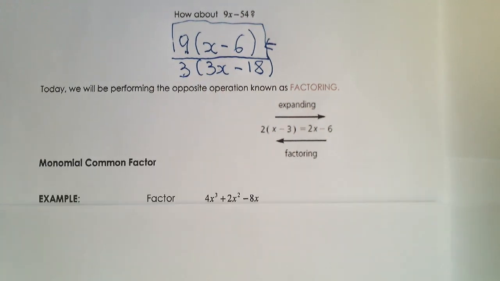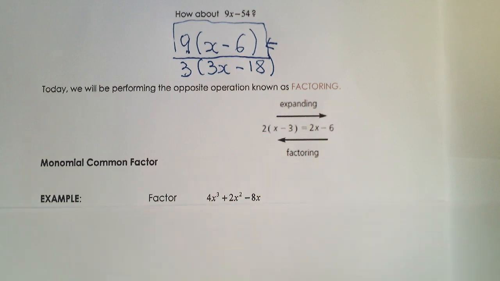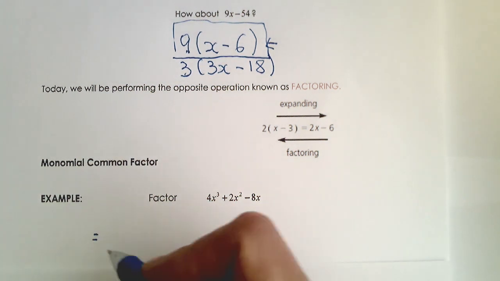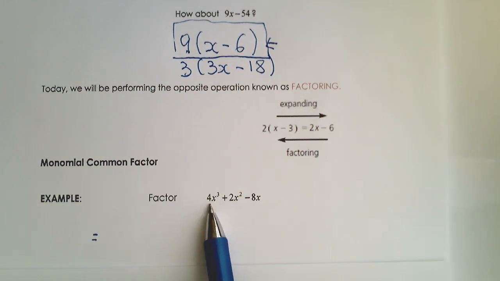All right, so let's try to factor this expression, 4x cubed plus 2x squared minus 8x. I'm going to do this question 2 different ways. One will be a longer way, which will explain the thought process that should be happening in your head. And the other one will be a little bit faster that you might be able to do once you've practiced. So the first way to do it is basically to apply prime factorization to